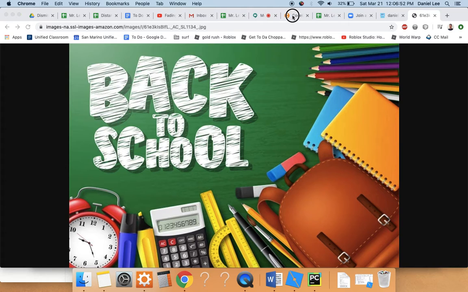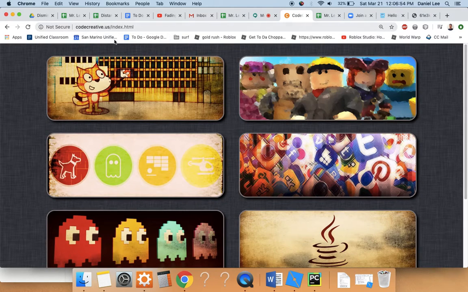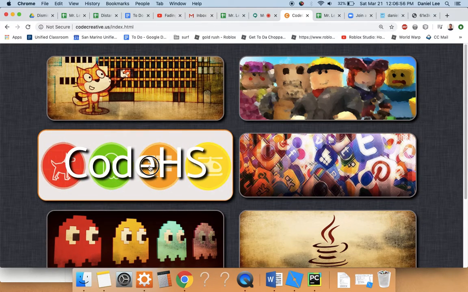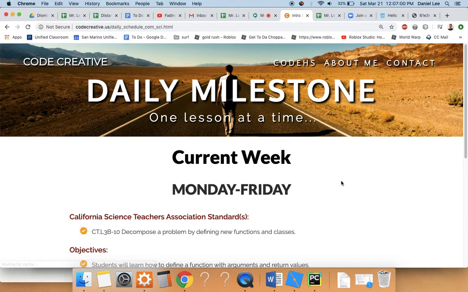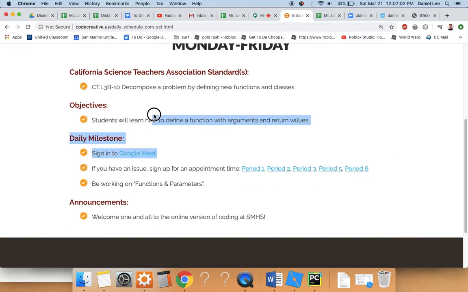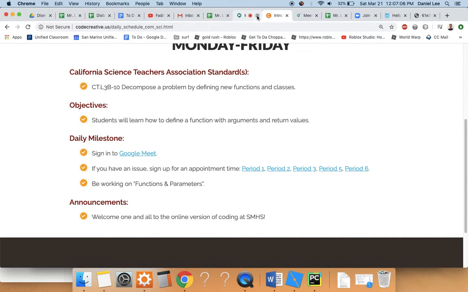The way it's going to work is you're going to go to codecreative.us. You're going to click on Code Creative. You're going to go to the daily schedule, and the first item in the daily schedule is a link to a Google Meet. So if I go ahead and click on that,